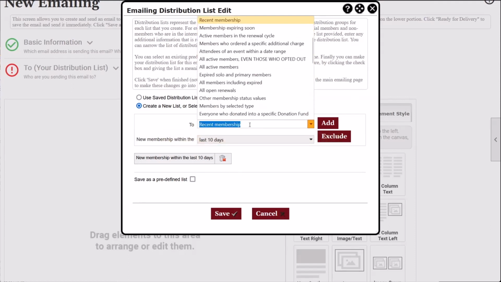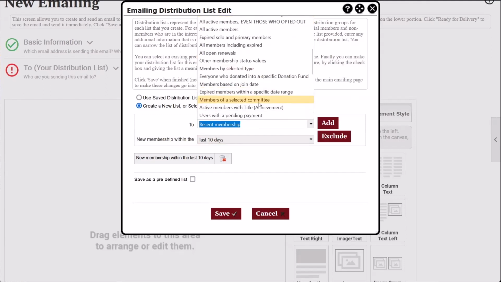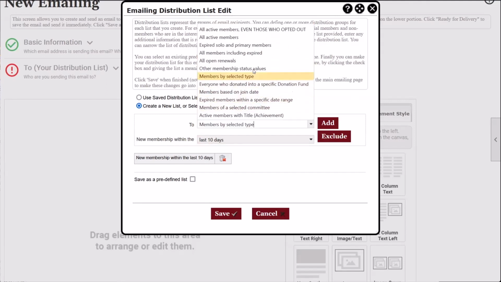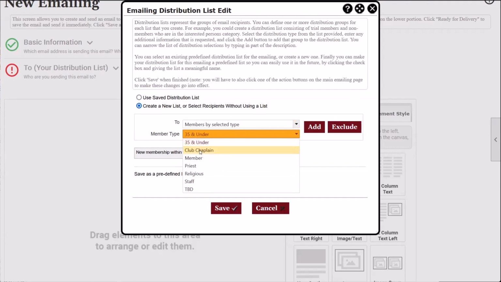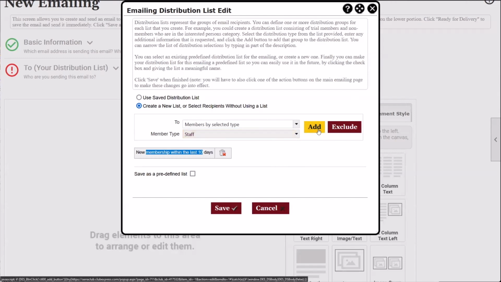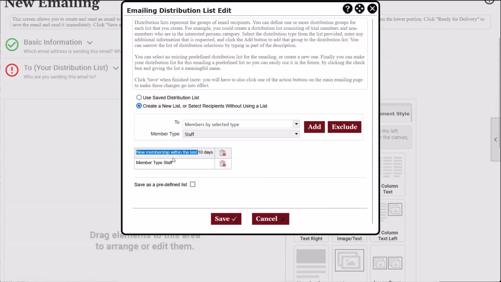I can choose to come in here and say, I also want to send it to all of my members of a selected type. So I'm also going to send it to my staff. So I'm going to send this to all of my new members and my staff so that they know that I sent it to them as well. And I can hit add again. And so now you'll see two criteria listed: new members within the last 10 days and all of